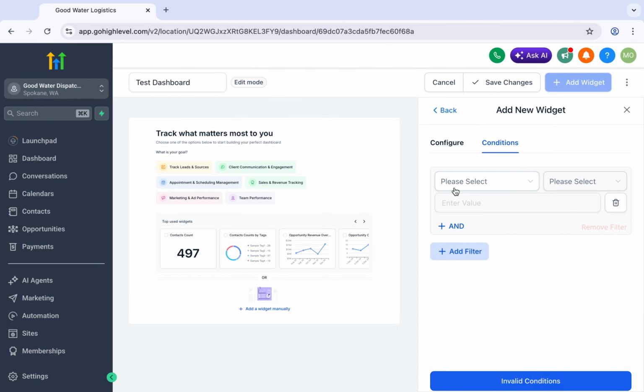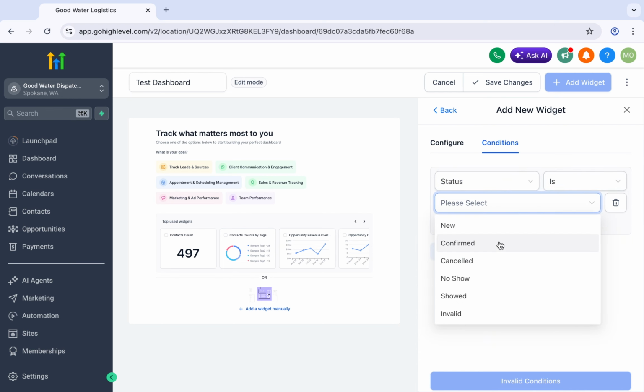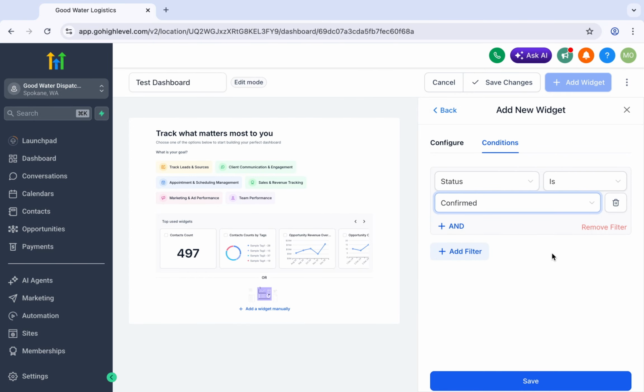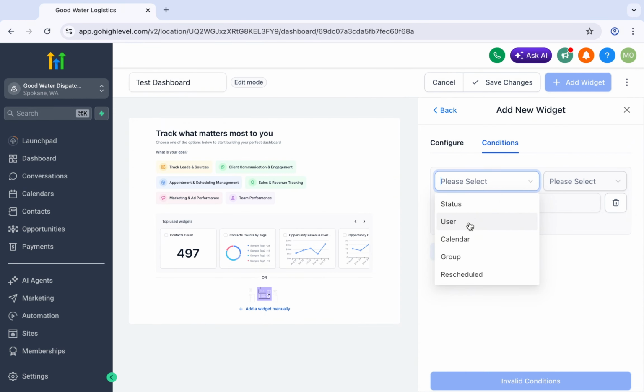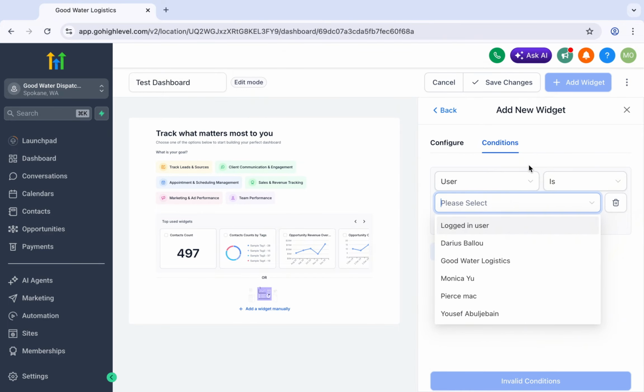You can also add conditions. For example, sometimes we want to add tags, or the status of the appointment, like new, confirmed, cancelled, or no show. If you want to only see the showed appointments or the confirmed appointments, then we can select this filter. And if we want to set any other filter, for example, to only see the appointments from a specific user, then we can do this. We can select their